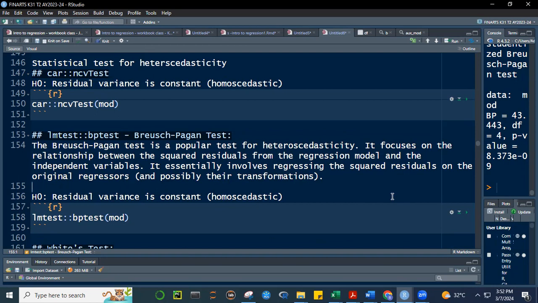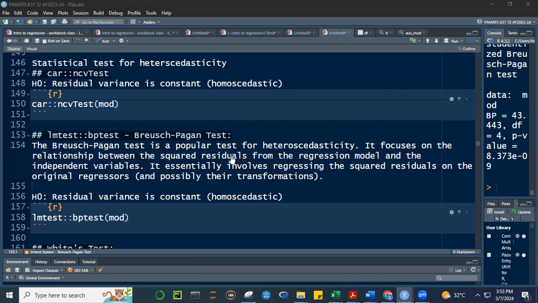So ang ginagawa dito, nagre-regress din, class, no? What we regress is kukunin yung residuals and then square siya and then i-regress dun sa original model ng education, experience, civil status, and etc. I-regress dun. Tapos hahanapin kung may